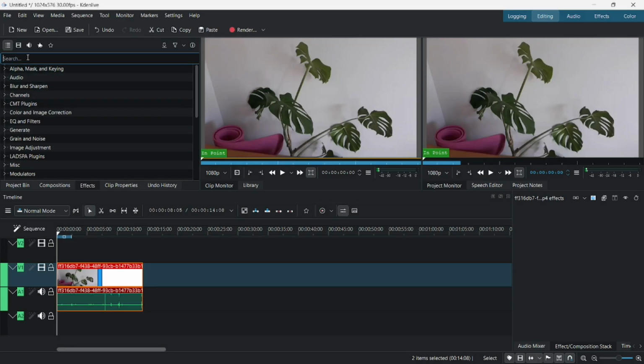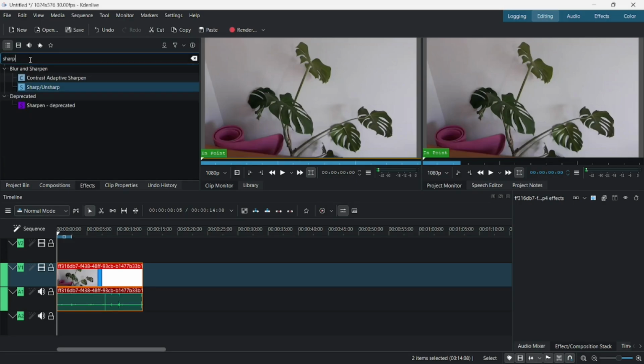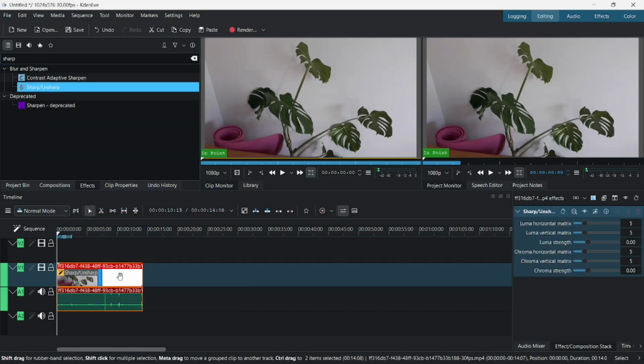And now in the search field, you need to type something like sharp. After that, you will see here blur and sharpen settings. And one of the options is unsharp. We need to drag and drop this option onto our video, and after that I recommend you select this